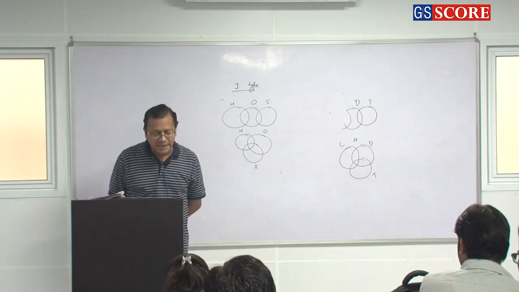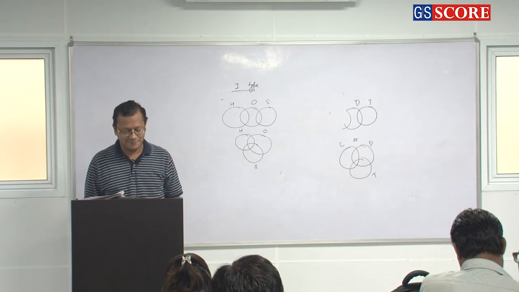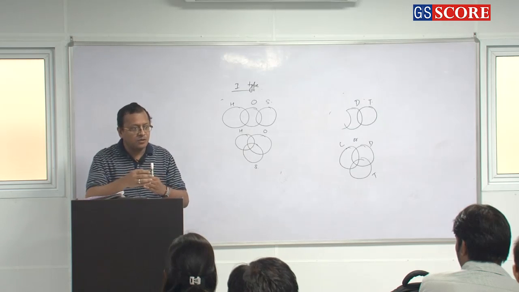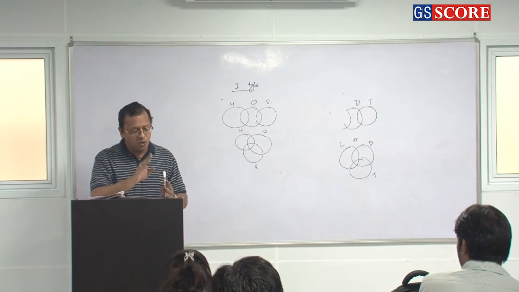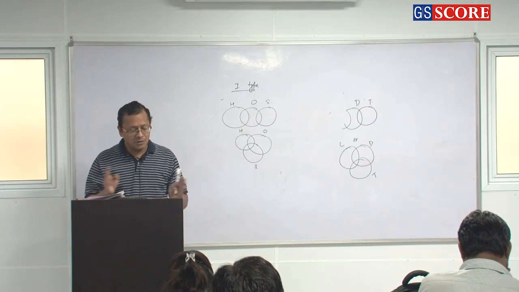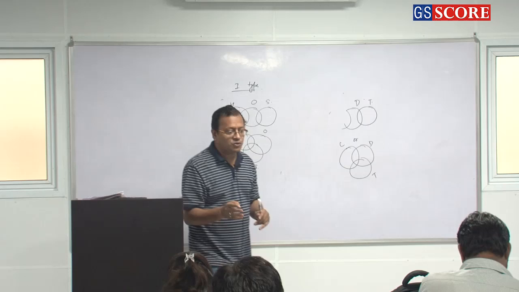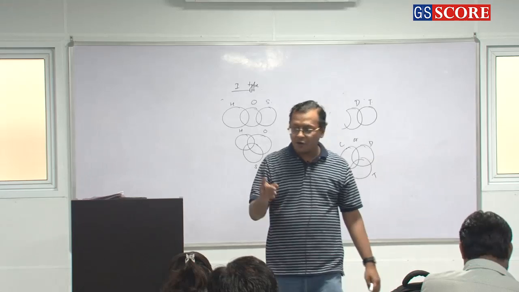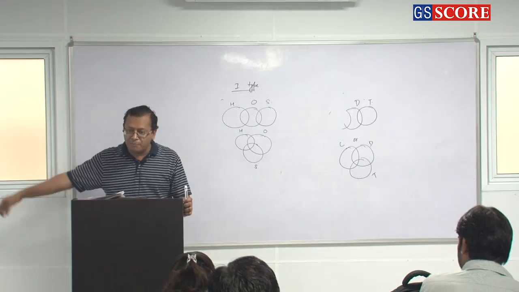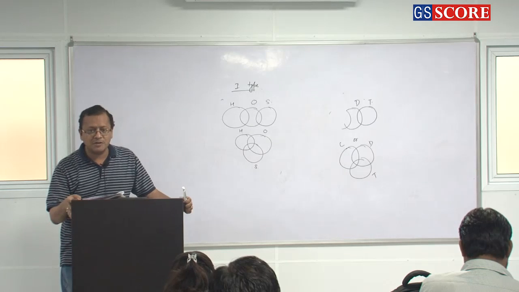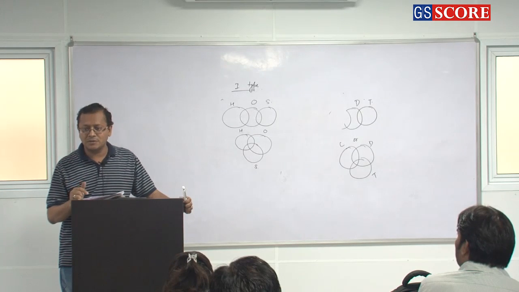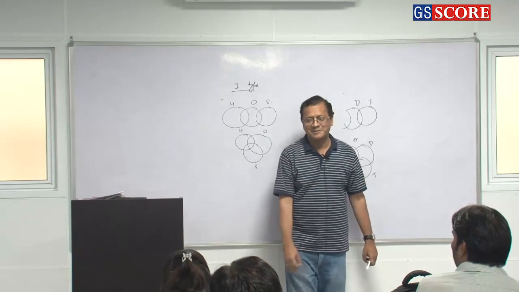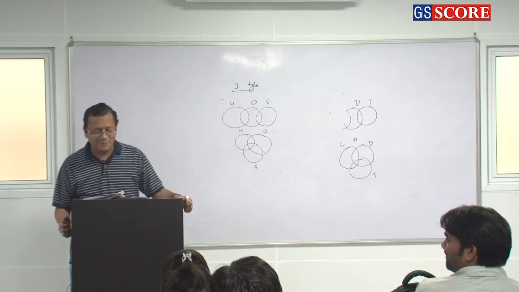Some taxis have horns, some taxis have lights. Pay attention to the options. Option A, 1 and 2 follow. Option B, 2 and 3 follow. What does 2 and 3 mean? Whatever conclusions you have written, mark the option on the basis of the conclusions according to this. What is your answer? Beautiful, very good.